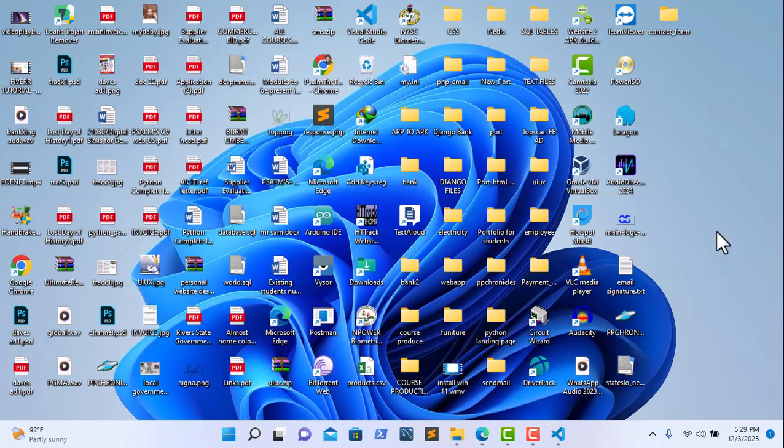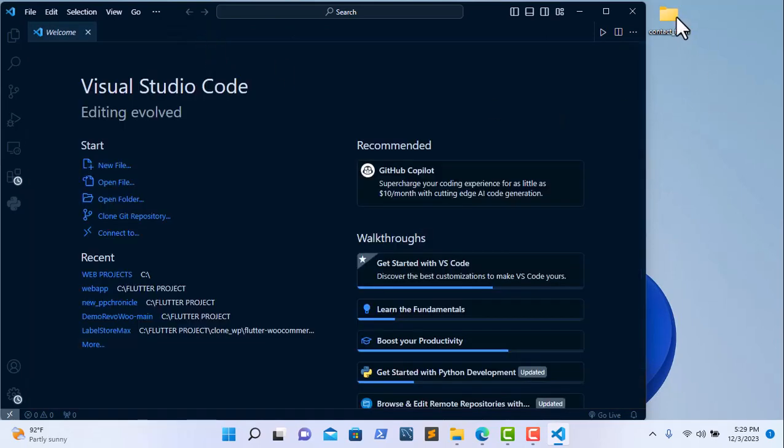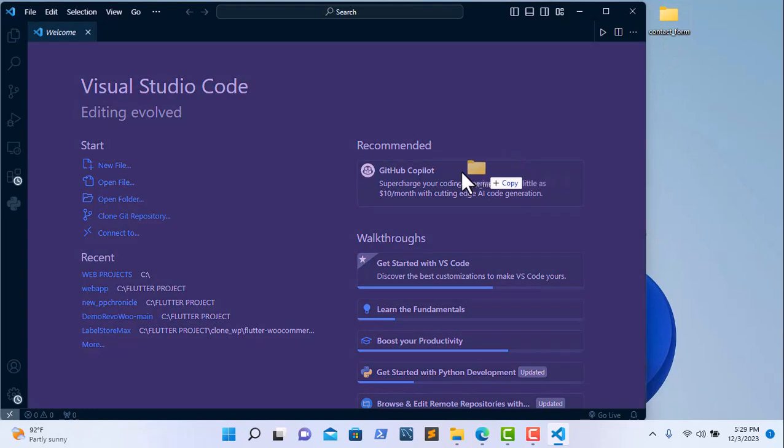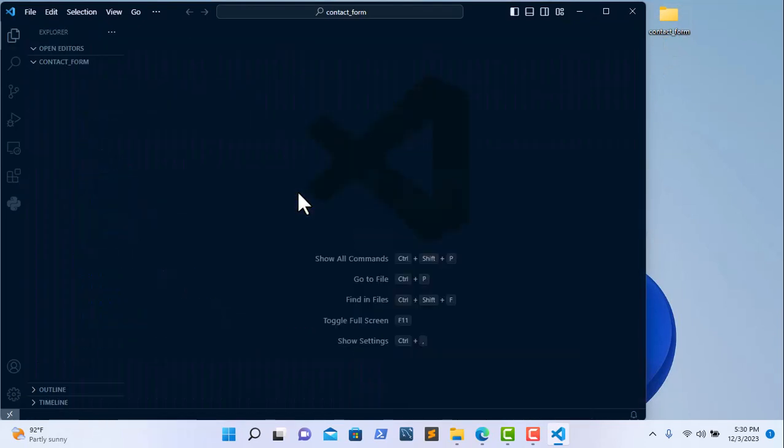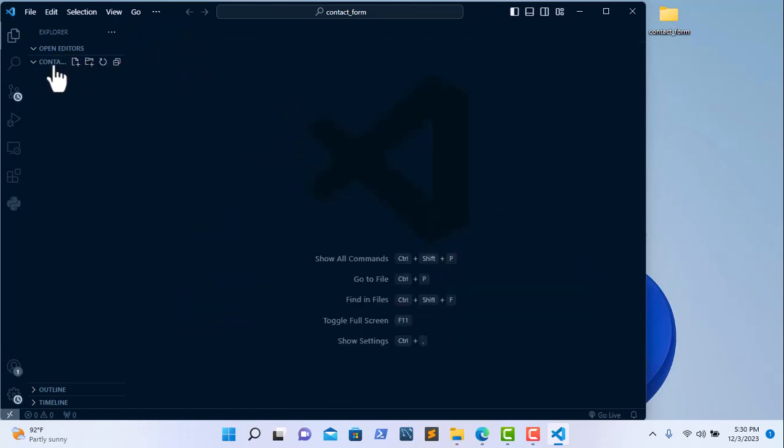Next, I'm going to fire up my favorite code editor. I'll be using Visual Studio Code, but you are free to choose a code editor that you are comfortable with. So I'm going to fire up Visual Studio Code, and then I'm going to drag the folder to it, and this will open the folder contact_form in Visual Studio Code. So here we have it. I'm going to close the welcome tab and then right